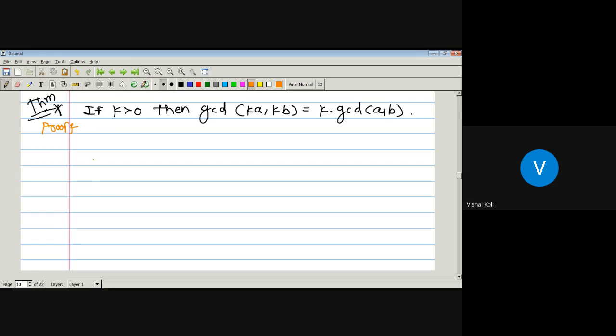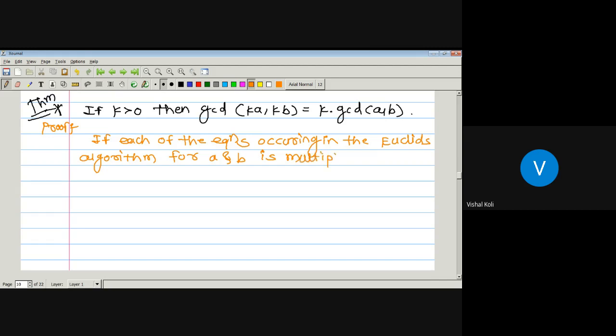Now, if each of the equations occurring in the Euclid's algorithm for two integers a and b is multiplied by some k, as here k is greater than 0, we obtain,